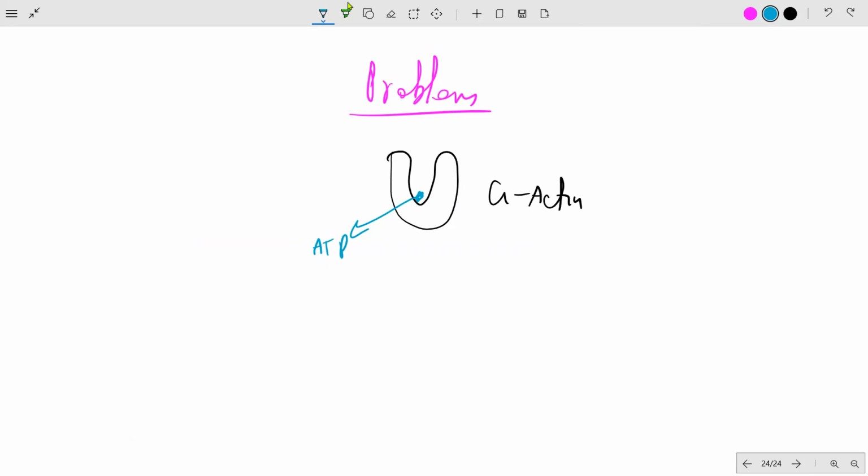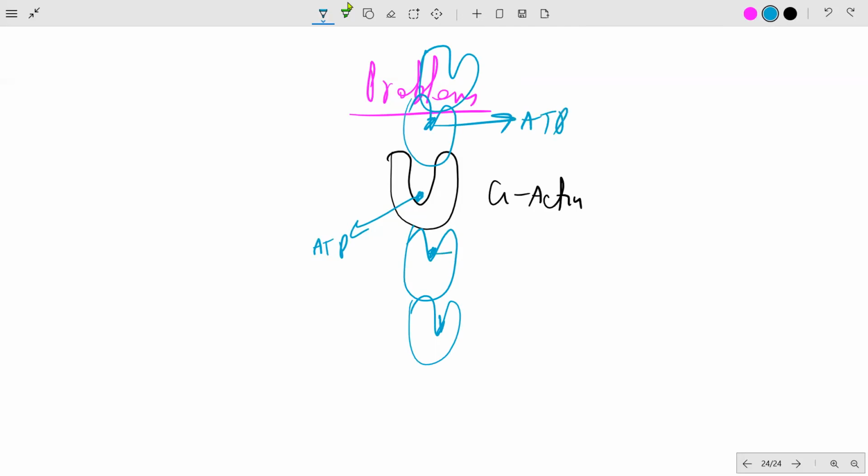क्योंकि जब पॉलीमराइजेशन होगी, when the G actins will polymerize, they will polymerize at both the ends, but the rates will differ, we know. When the polymerization takes place, what happens to ATP? इसकी तो हम बात ही नहीं कर रहे हैं अभी तक। What happens to the ATP now? क्योंकि एटीपी का तो कोई रोल तो होगा पॉलीमराइजेशन में, कि अपने आप ही हो जाती है पॉलीमराइजेशन? टेल मी। एनर्जी तो चाहिए कि नहीं चाहिए? टेल मी।